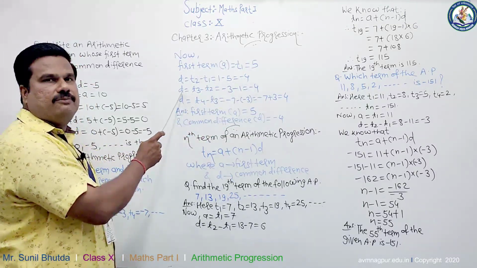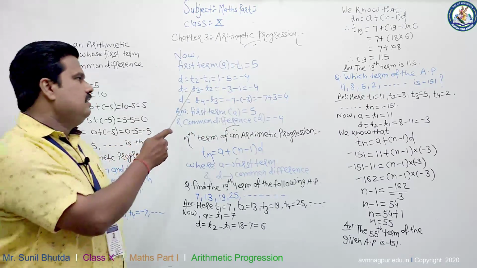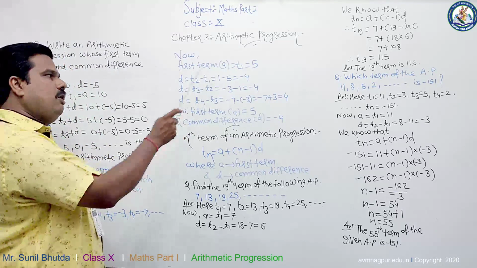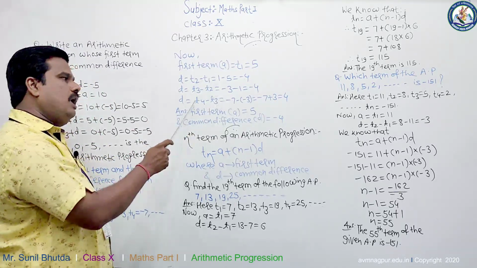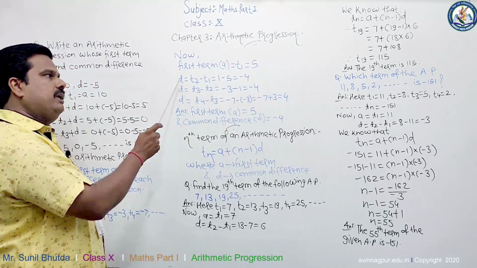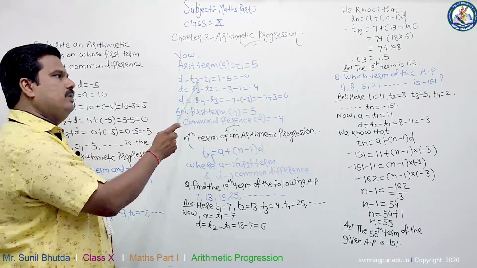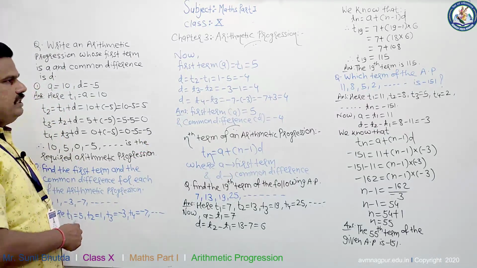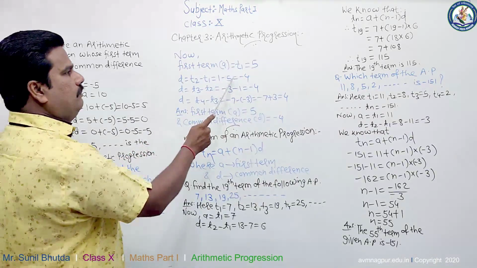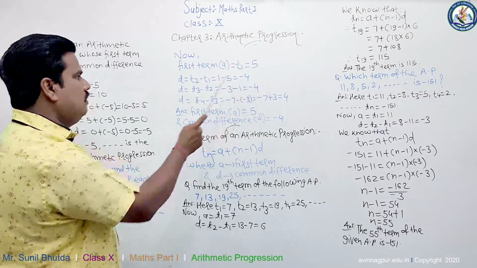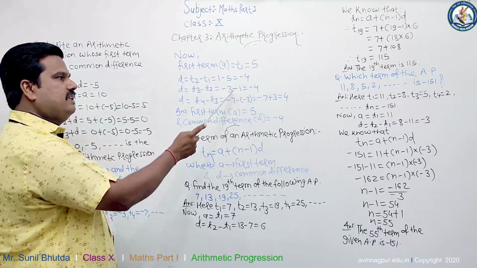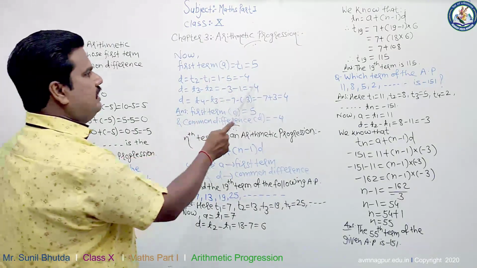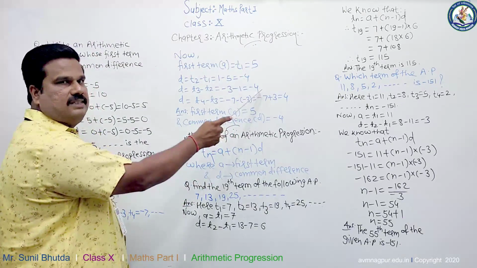And what is the common difference? The difference between any two consecutive terms means T2 minus T1 or T3 minus T2 or T4 minus T3. I have calculated the common difference d equal to T2 minus T1. What is our second term? 1. What is our first term? 5. 1 minus 5 is minus 4. What is T3? Minus 3, minus what is T2? 1. Minus 3 minus 1. Again we are getting the same answer, that is